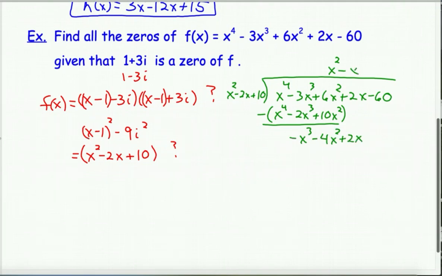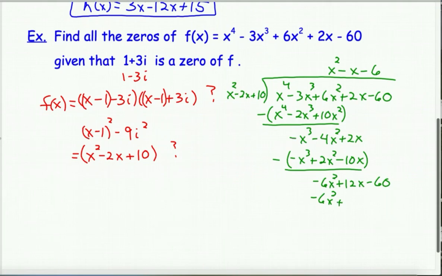Now I'm going to have to multiply by a negative x, that'll give me a negative x cubed, plus 2x squared, minus 10x, and subtract, negative 4 minus 2 is negative 6x squared, 2 plus 10 is plus 12x, bring down the 60, and then I'm going to have to multiply by a negative 6, and that gives me negative 6x squared plus 12x minus 60, and we know that there should be zero remainder, so that tells me that my other factor is going to be x squared minus x minus 6,